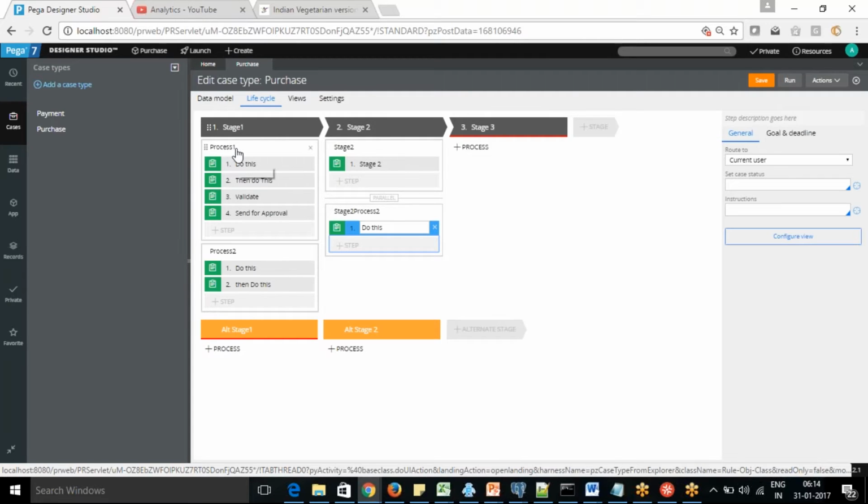So what is a process? Okay. A process is nothing but what you want to achieve from the stage. So if you say stage 1 is, for example, the candidate interview, this is the example we are going to cover. If you are collecting information for the candidate who is coming for an interview, in the first stage you are going to collect information.